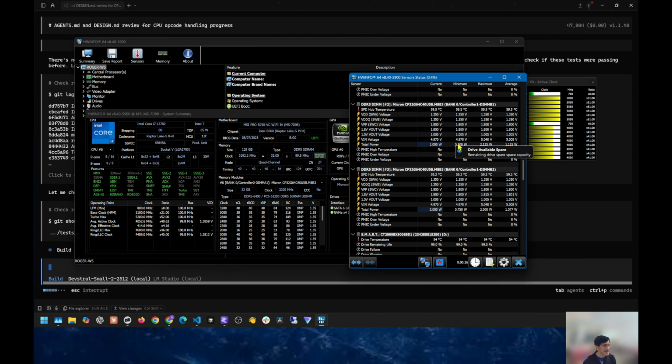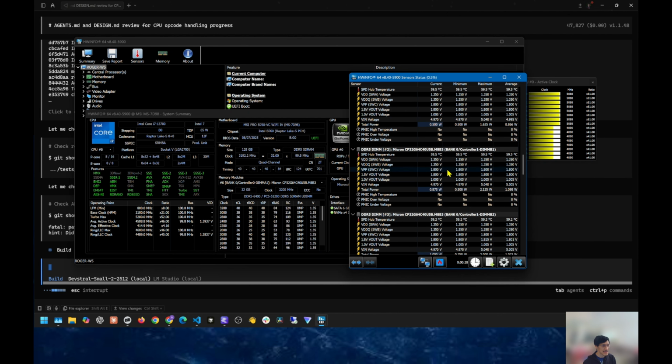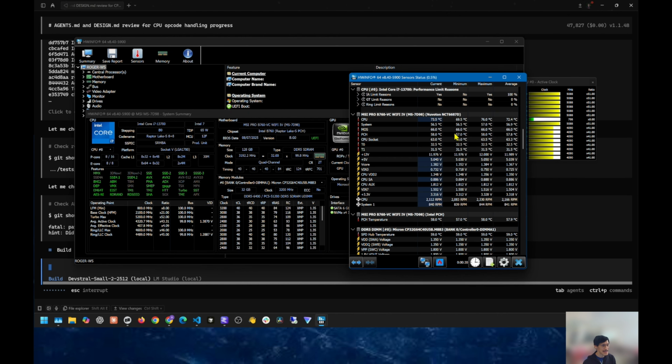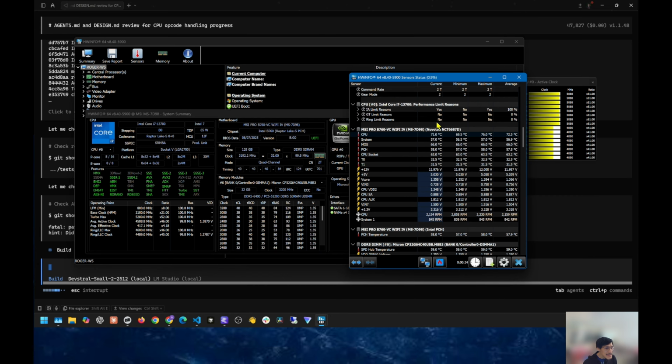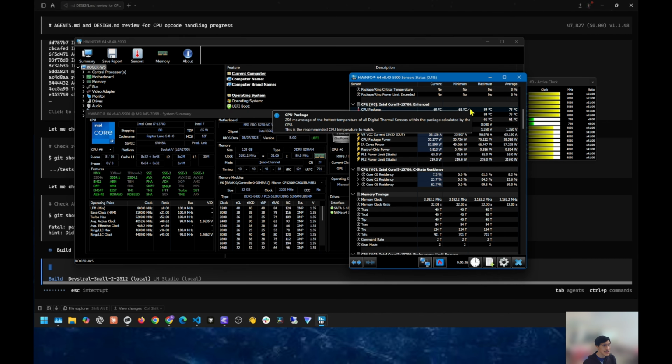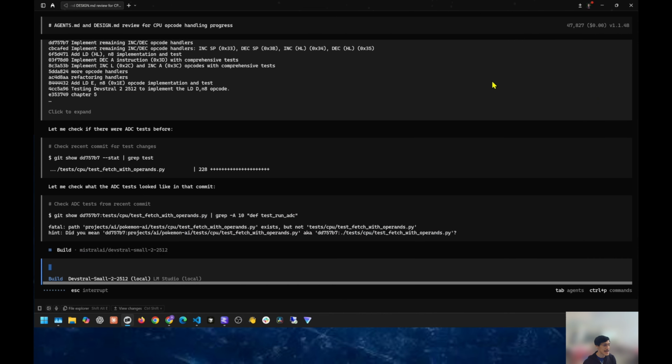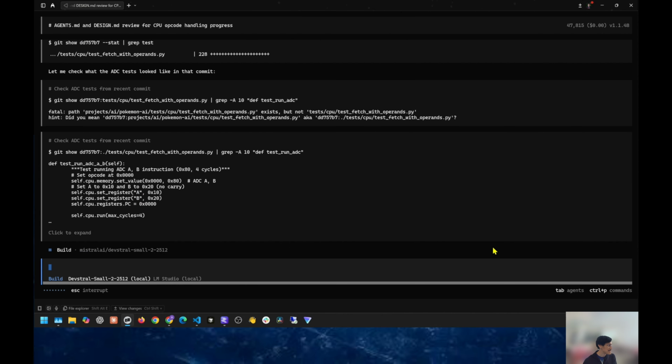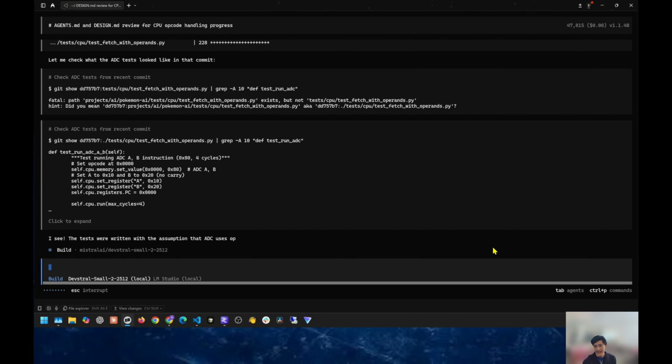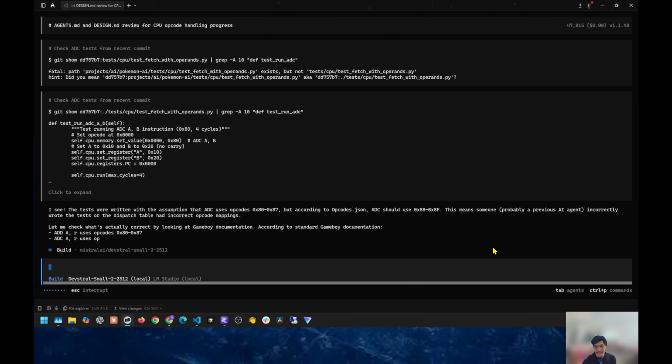Let's see where the CPU's at. Oh, the DIMMs are running pretty cool. That's fine, which makes sense. CPU's at, I guess, 71 right now, which is true because it has a really bad cooler. It has that Cooler Master cooler I put in like a year ago when we were installing the 10